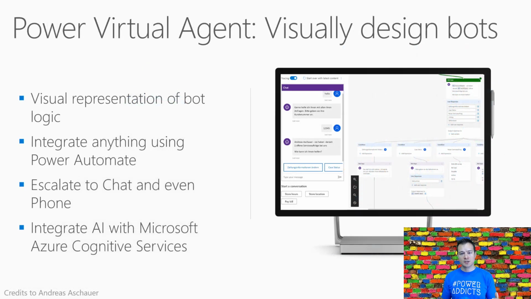So the bot is actually a tool where we can build, again, in this drag and drop, the Power Automate approach, where you just simply need to click the nodes and then create new actions, a way to visually design the conversation flow. It can as well integrate Power Automate. It can integrate with Dynamics services to call the human agent to escalate to the phone, and it integrates with, as said, Azure Cognitive